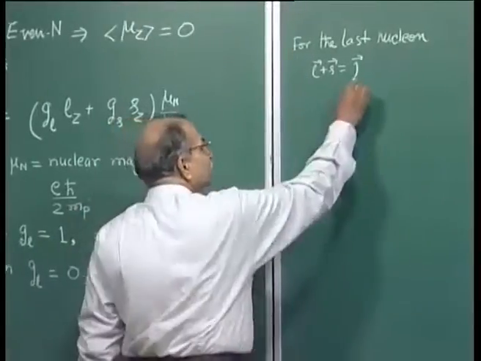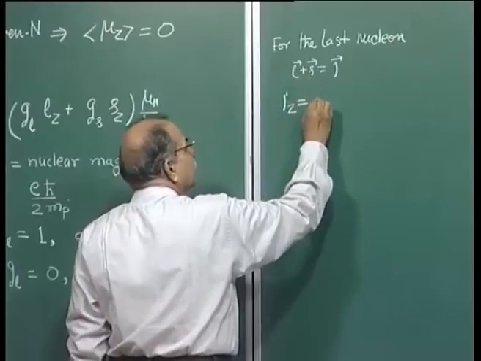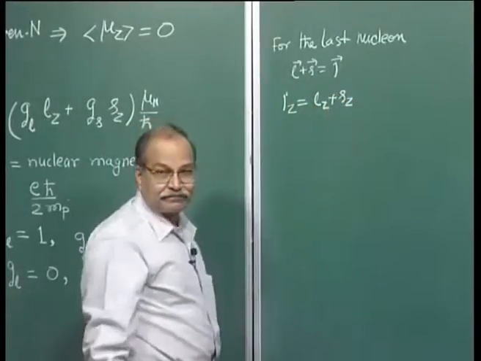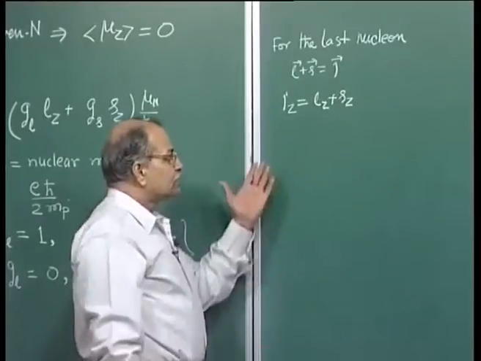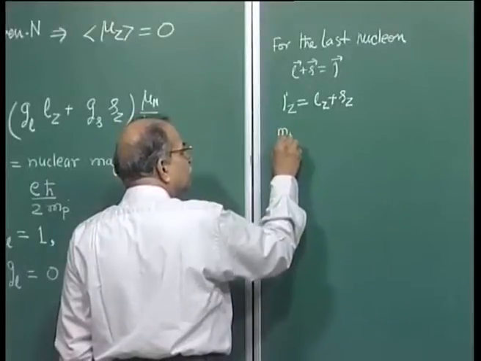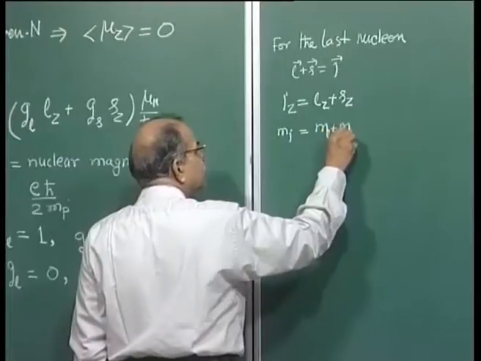Okay. So, you have Jz equal to Lz plus Sz, this is fine, and the corresponding quantum number Mj is equal to Ml plus Ms, this is